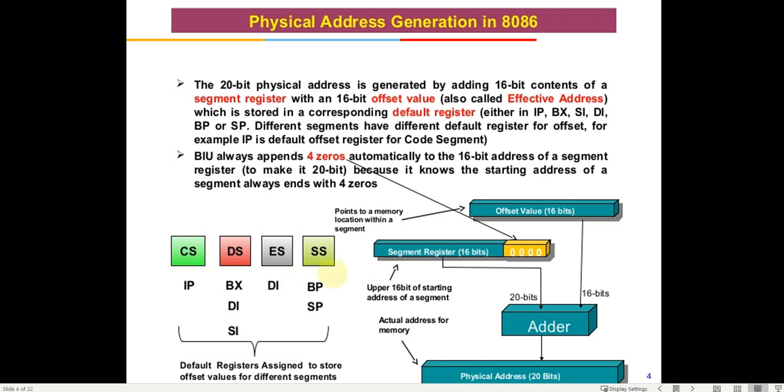Similarly, the stack segment is used for push and pop instructions. If you want to temporarily push some data, you can push it using the stack pointer. Once you push the data, the count in the stack pointer changes automatically. You don't have to do it; it keeps doing it on its own, and when you pull the data, it keeps decreasing. So this is how we calculate the physical address in the 8086.